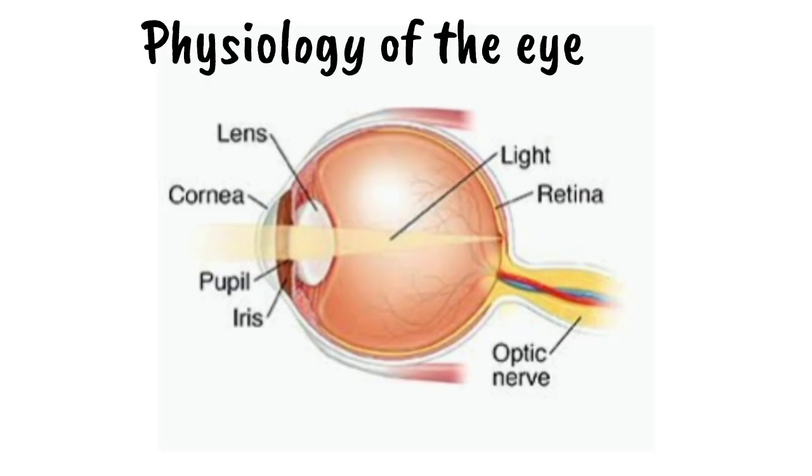Then it passes through the aqueous humor, which I've talked about before, then through the pupil. And remember, the size of the pupil is controlled by the iris, depending on how bright or dark the light is. Then the light hits the lens, which fine-tunes the focus, bending the light even more so that it lands directly on the retina. And then finally, the light travels through the vitreous humor and hits the retina, where the